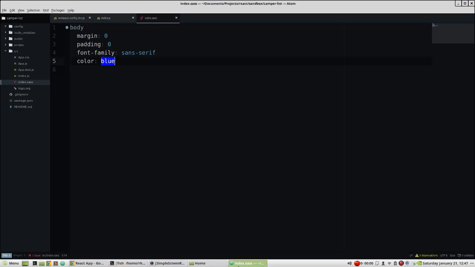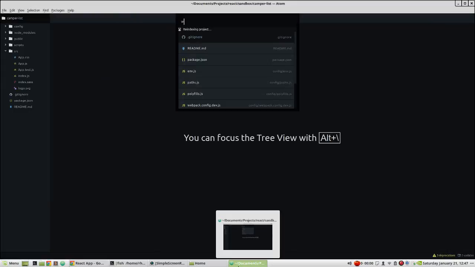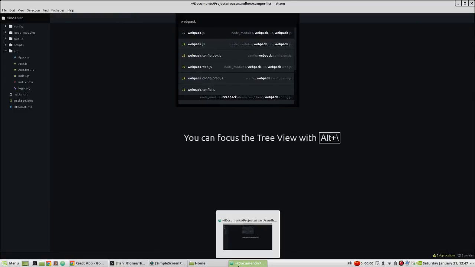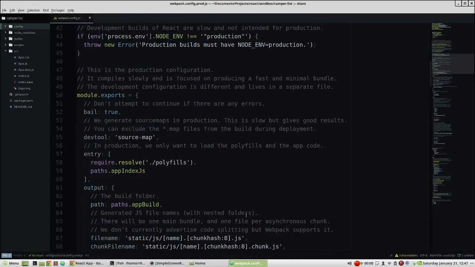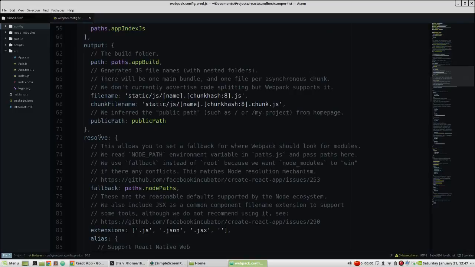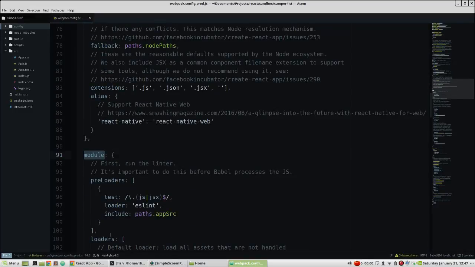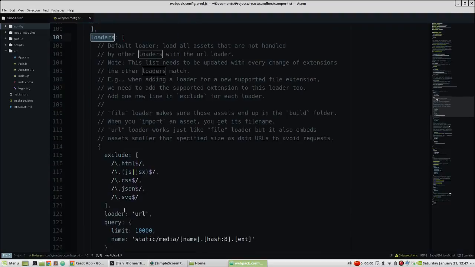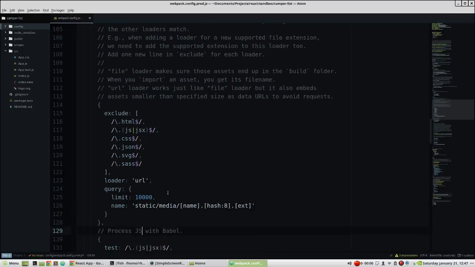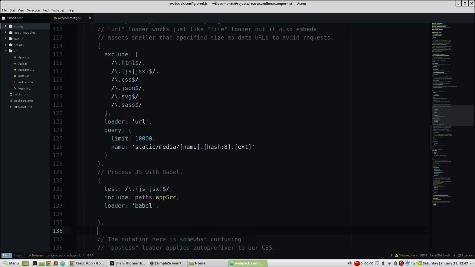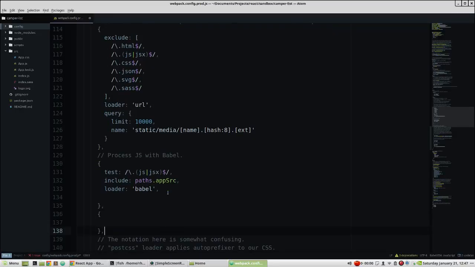I'm going to close that out, and then let's open up the Webpack production config. It's almost the same. You've got to find that module loaders, and we need to exclude Sass, regular expression, and then after our very first Babel process, we're going to put two lines here. It's still going to have your test line with that regular expression,